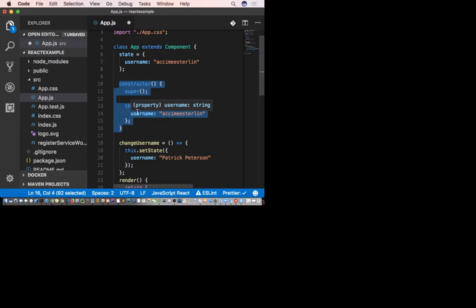Well, the good news, or the bad news, however you want to take it, is it's not part of React. It's JavaScript. Exactly. Does that make sense for everyone? It's from the new version of JavaScript. If you keep up to date, what is the new version of JavaScript called? ES6 and ES7. This constructor keyword is from ES6.